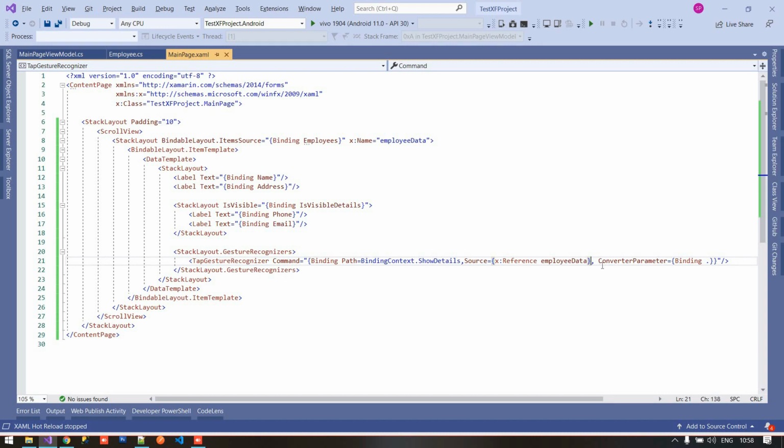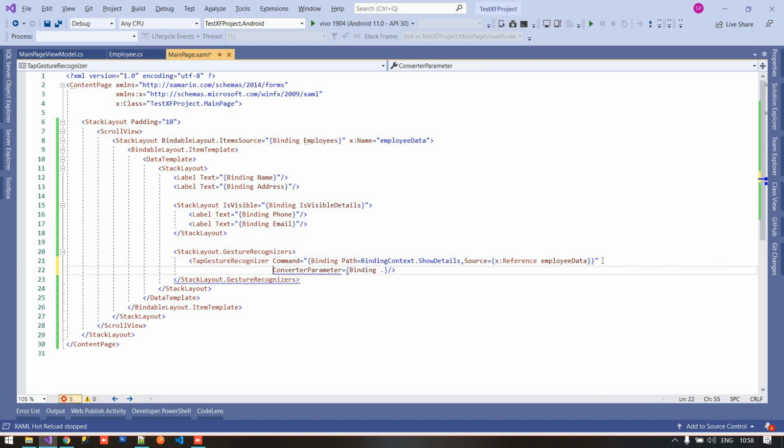We have to pass this command parameter outside. Okay, that's it.